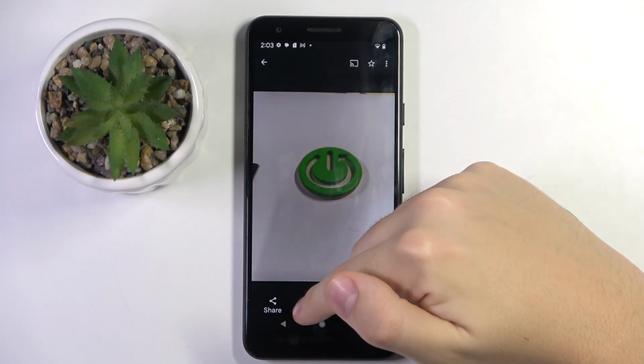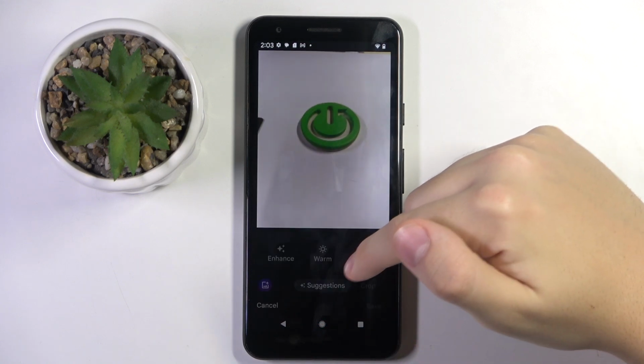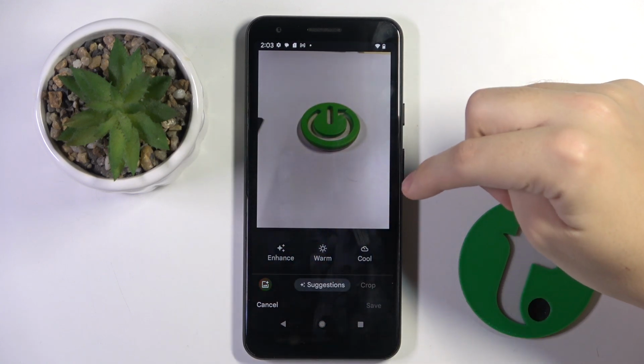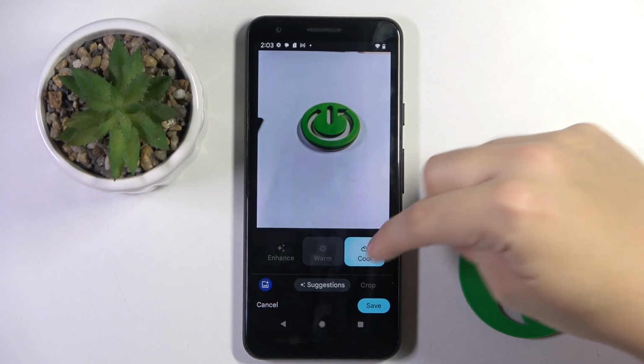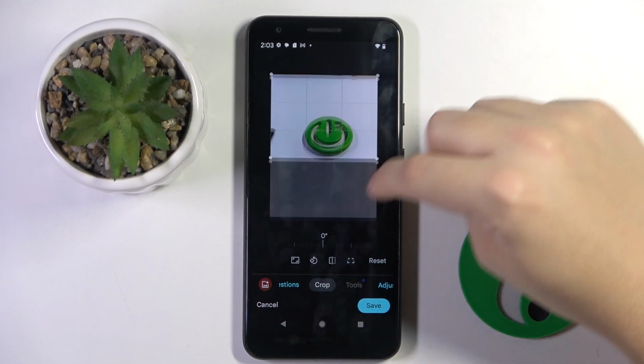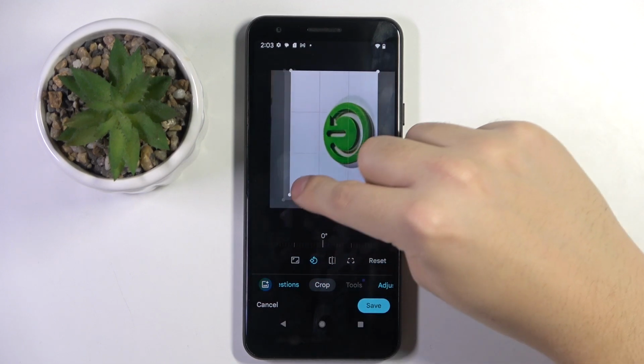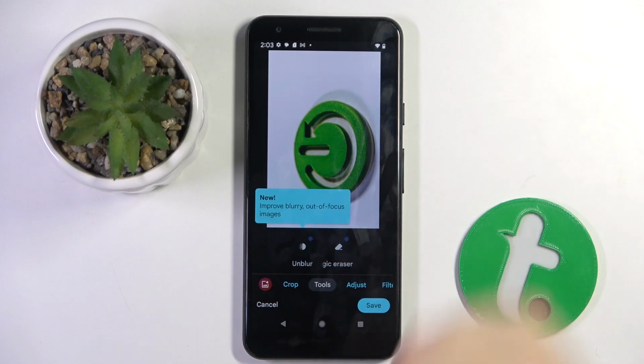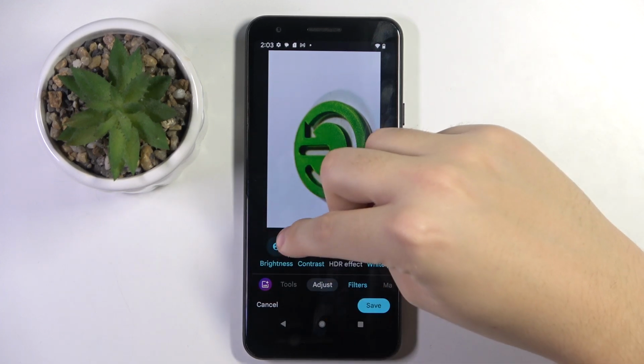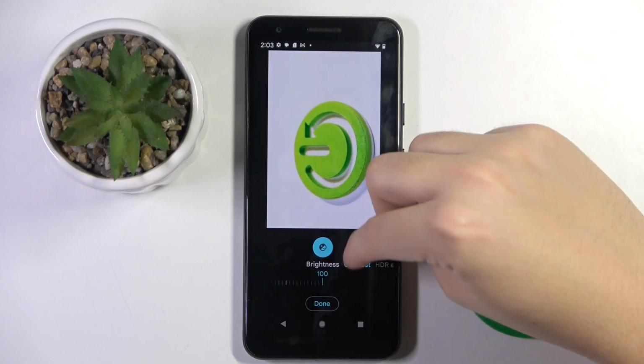Now we have to click on this icon below, edit. Here we have some suggestions from Google, like warm or cool. We can crop the photo or rotate it like this. We have some tools like unblur and magic eraser. We can adjust brightness, contrast,